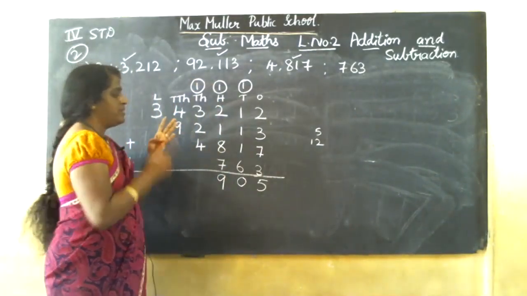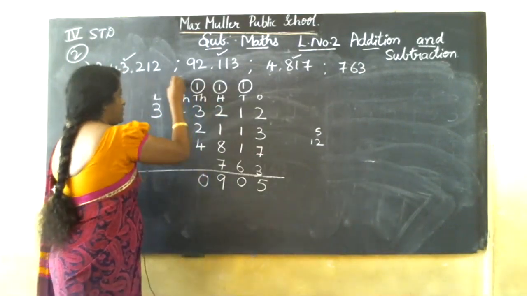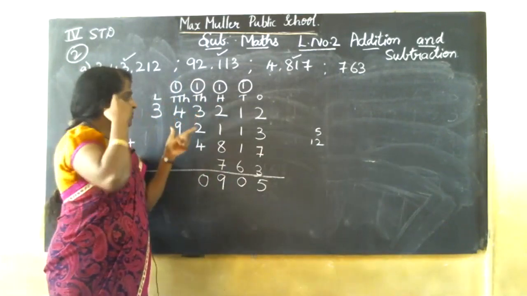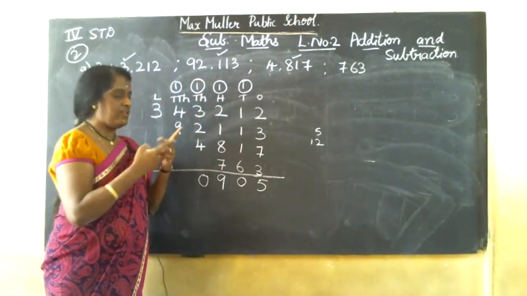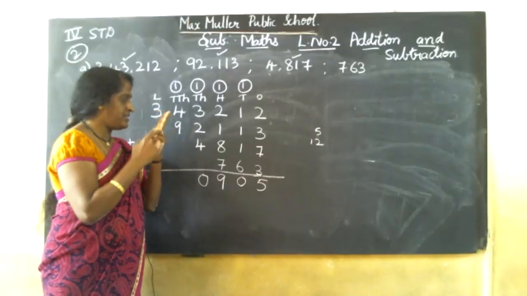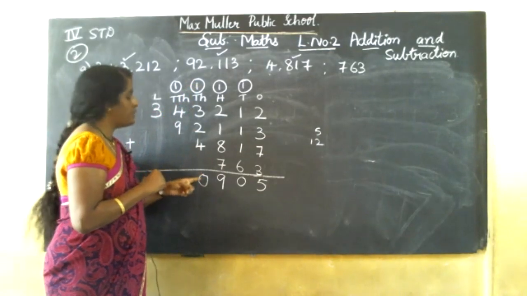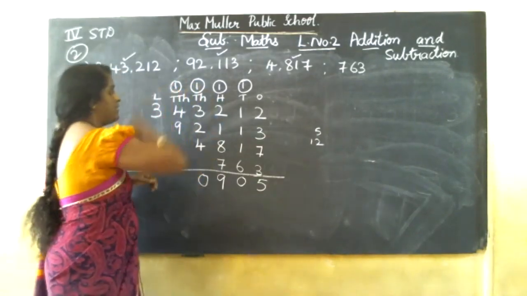3, 4, 5, 6, 7, 8, 9, 10. So from the beginning I am teaching: 3 in the mind, 2 on my finger. After 3: 4, 5. 5 in the mind, 4 on my finger. After 5: 6, 7, 8, 9, plus 1, 10. 0 will be in the thousands place. 1 will be in the 10,000s place.